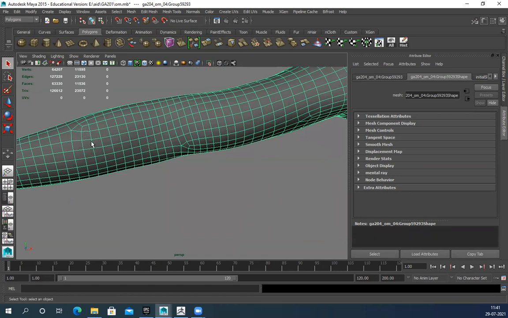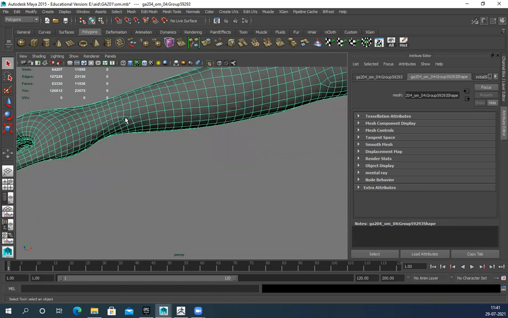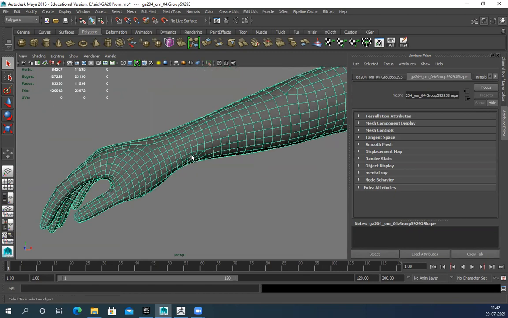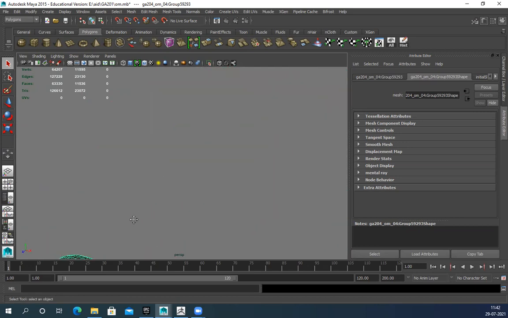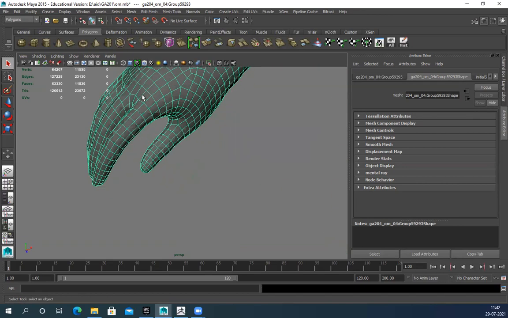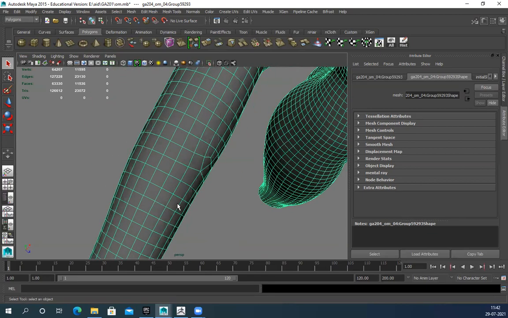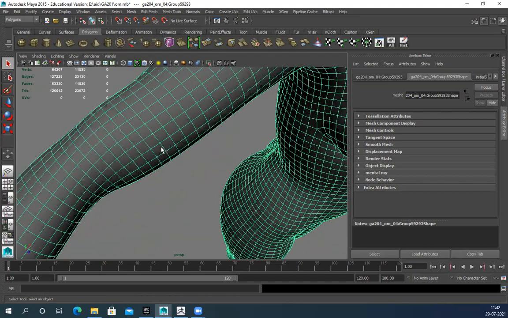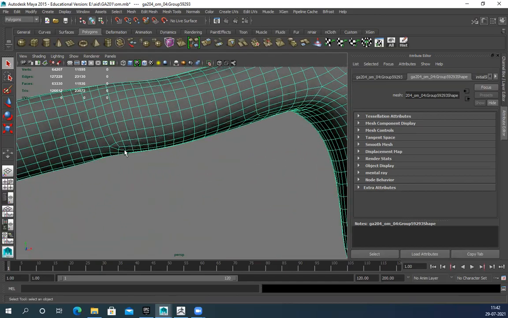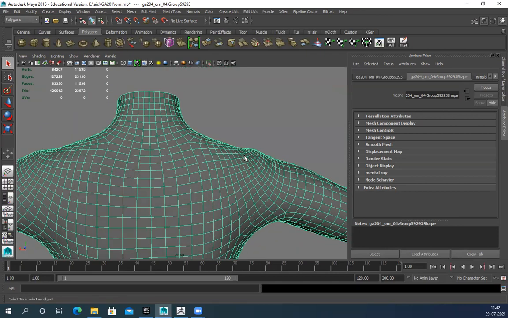Whenever we bend the hand, this and this might create a pinch here, so I'll fix this area and this area. This will generate no matter what you do, and anyway, this part is not visible that prominently, so this is fine. You can see this is really nicely distributed, very nicely optimized geometry. For fingers and all, I don't have to do anything. Only this elbow area, the forearm, and this biceps area I need to fix. Let's see the neck. This is fine, and the rest everything works perfectly.